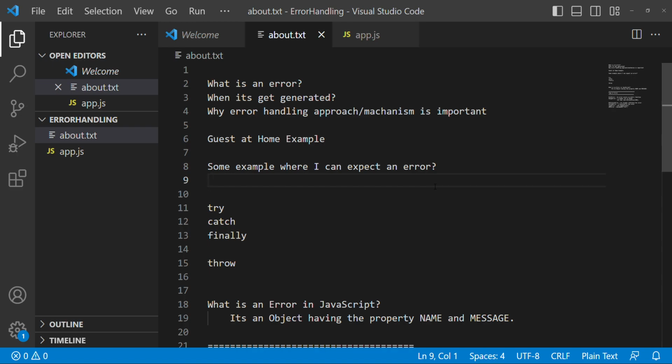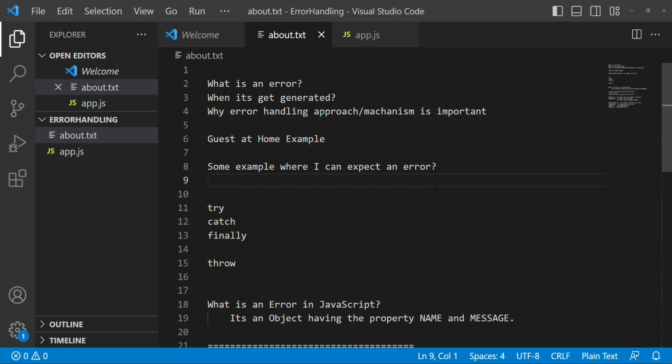I'm going to try to make a coffee, but the error is that the train reached the station very late. That's an error. Does it really make sense for making my coffee? While I'm making a coffee, why do I need to worry about the train reaching the station or platform very late? No, that's not a relevant